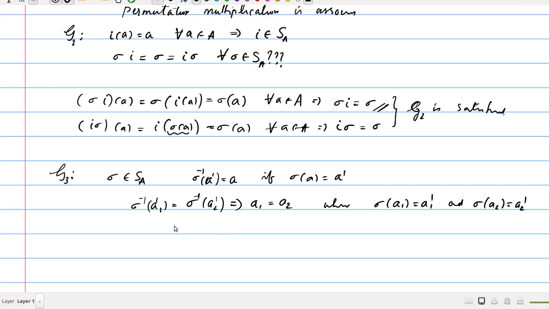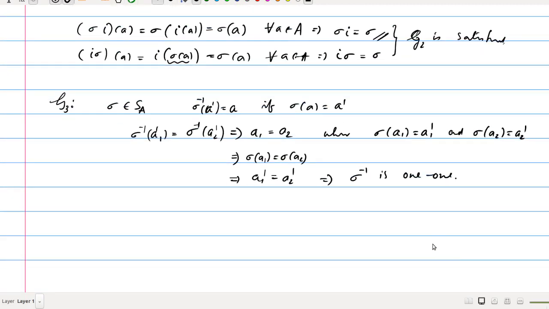Now we have to prove that A1 prime is equal to A2 prime. In order to get that, this implies sigma A1 equals sigma A2. So if A1 is equal to A2, then the images are the same. But sigma A1 is nothing but A1 prime, and sigma A2 is A2 prime, which shows that sigma inverse is 1-1. Clear? And obviously, since sigma is onto, sigma inverse is onto,